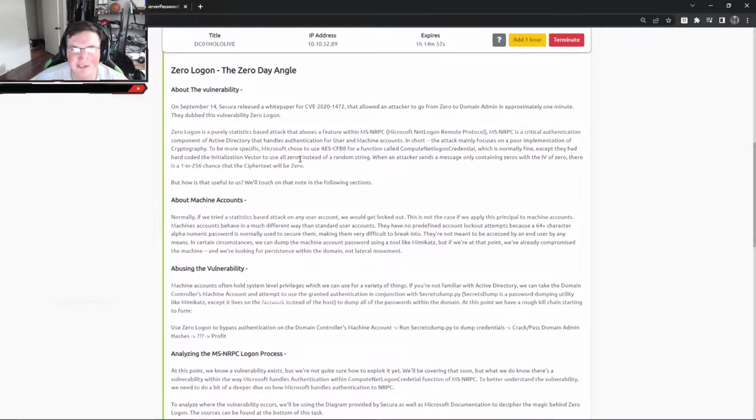So this attacker figured this out. He figured out that they hard-coded the zeros in there. So what does that mean? Well, you guys all understand basic math, right? 0 times anything equals 0. So eventually, the algorithm's going to mess up because it's going to use those zeros in a multiplication. And when it does that, with the message only containing zeros, there's a 1 in 256 chance that the ciphertext will be 0. So eventually, that equation will equal 0 if done enough times, because eventually that initialization vector is going to be placed in a location to make it 0.